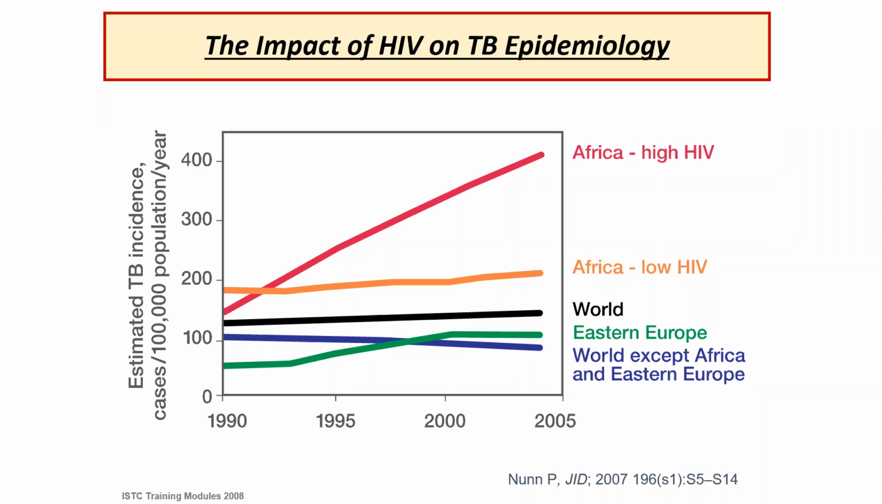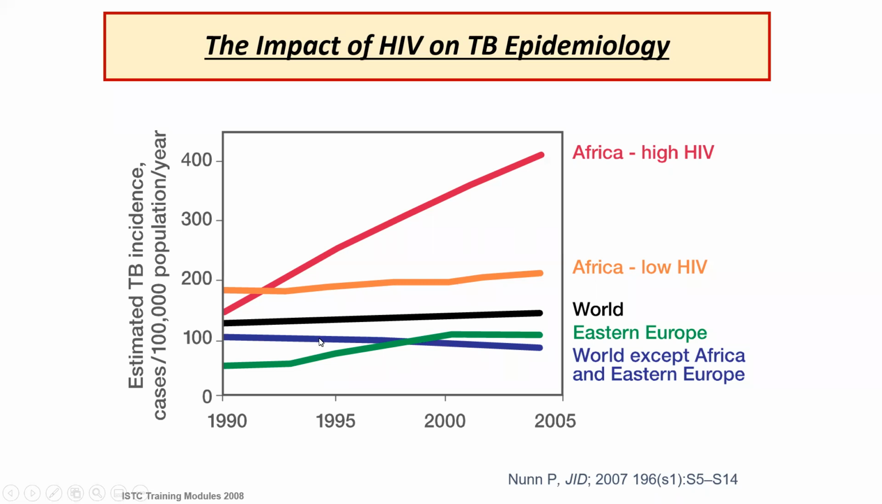Firstly, we'll look at the impact of HIV on TB epidemiology. There's a 2007 journal by Nan P, where he looked at different countries and the impact of HIV. You could look at this graph: in Africa, from 1990, HIV has been going up because of a lot of factors. And if you look at other countries like Eastern Europe, HIV has been slowly escalating, whereas